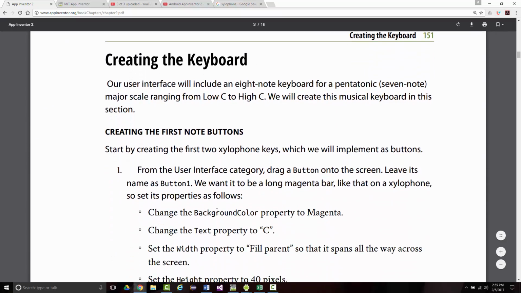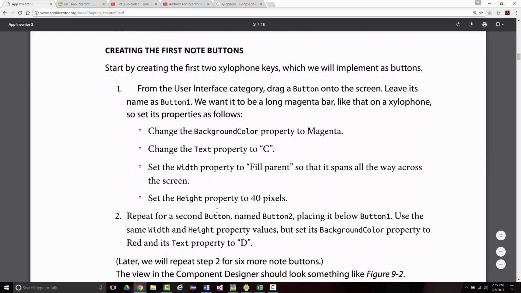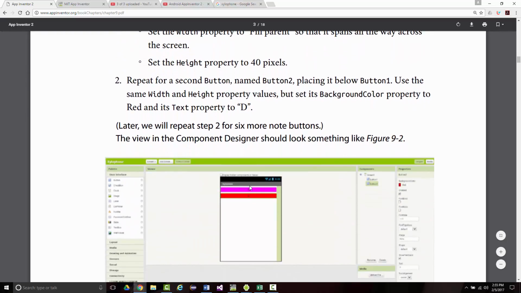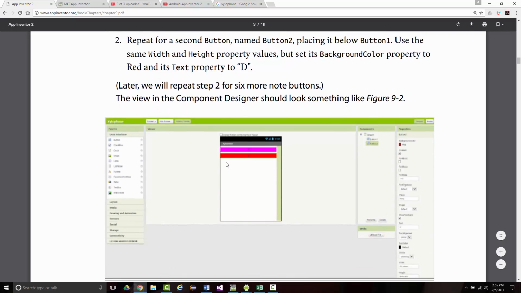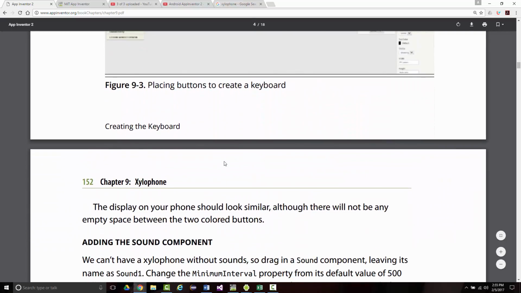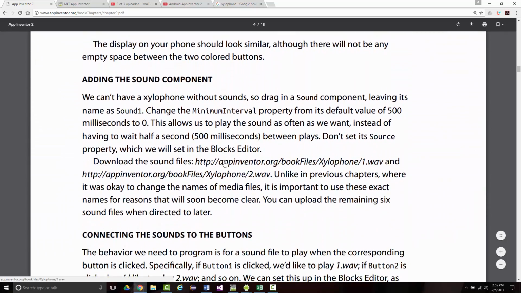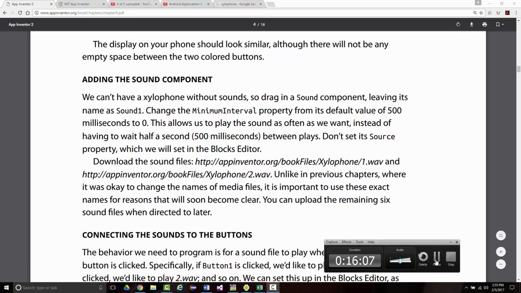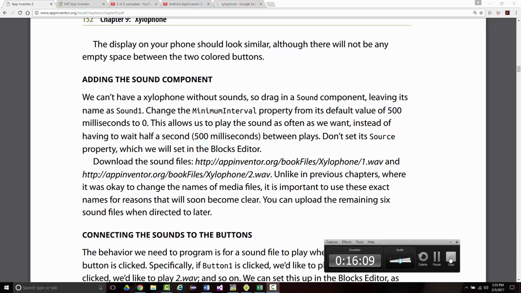All right. So they want us to come in here and create the keyboard. Again, they said magenta and then red, etc. So you can see what they're doing in here. All right. But they want you to come in then and add the sound components. Okay. I'm going to do that, but we're getting long on time here, so I'm going to do that in the next